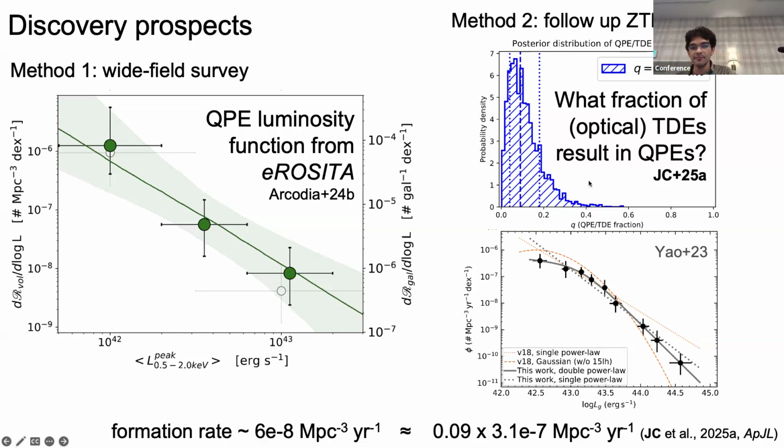But you can take this Bayesian estimate and multiply it by the all-sky TDE rate, which is pretty well measured at this point, and arrive at roughly a consistent number with the independent all-sky survey. So given that AXIS will be taking place in the Rubin era, or even following Rubin, selecting some subpopulation of Rubin TDEs for dedicated X-ray monitoring is going to be an excellent QPE finding machine.